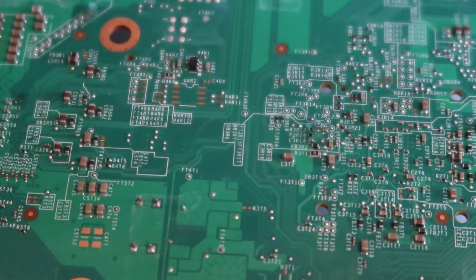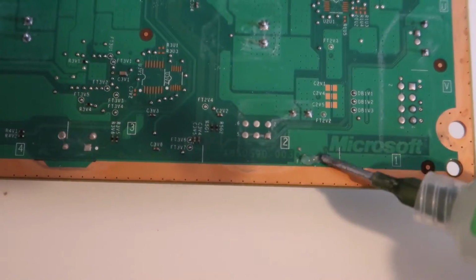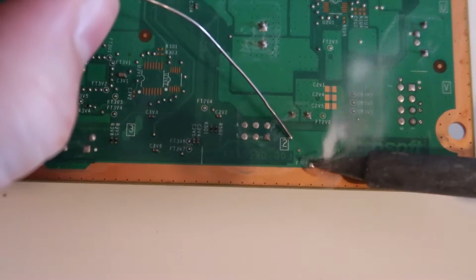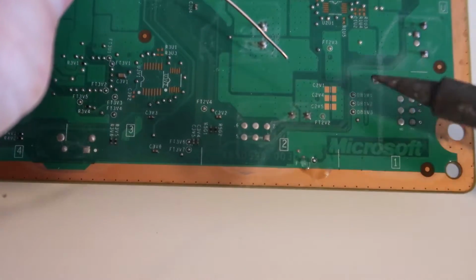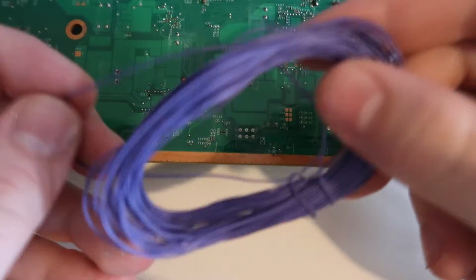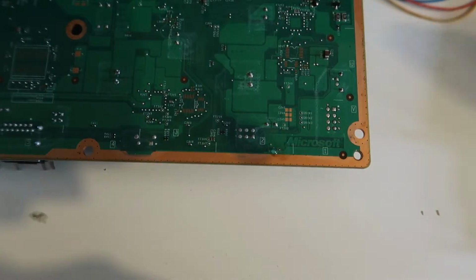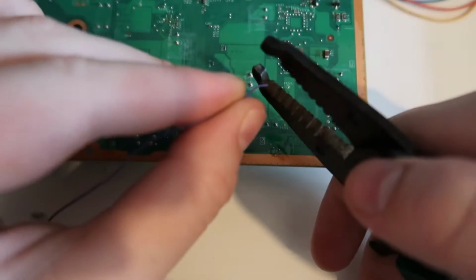Just like that. And the final one is here, which is PLL. Bit of flux on that and solder it like that. Now what I'm going to do is get my wire, take some off and cut it. So I have a little wire stripper here. So just going to cut off some wire, expose the end just like this,